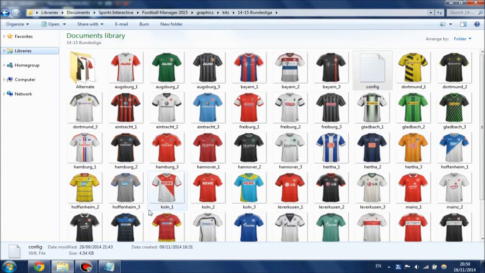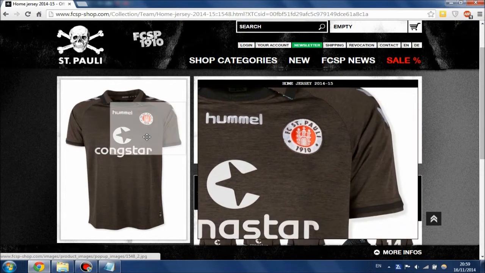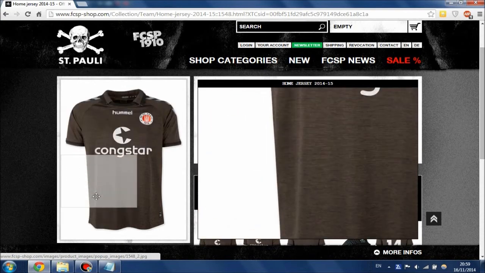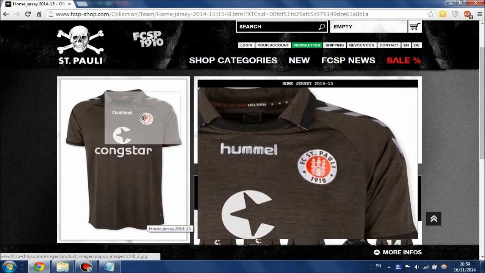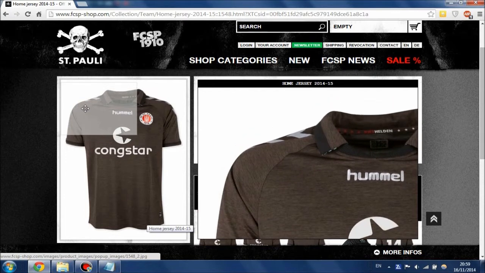Right, so the first thing we want to do is find the kit that we want to be doing, and that is this. This is St. Pauli's home kit this season. It is a Hummel kit. Very, very simplistic actually. There's not a lot of detail on it really. There's a little logo down here, the big Kong star logo in the centre, the St. Pauli logo off to the right, and obviously the Hummel logo there,